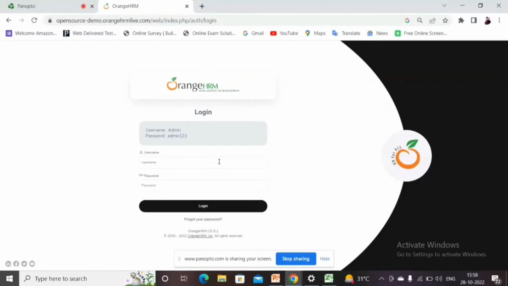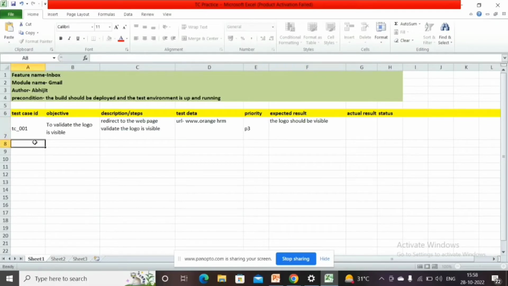So write the test case for this username, tc underscore 002. So what we need to validate in this username field? As in the requirement given to us, the username edit field should accept only alphabetic characters. So to validate